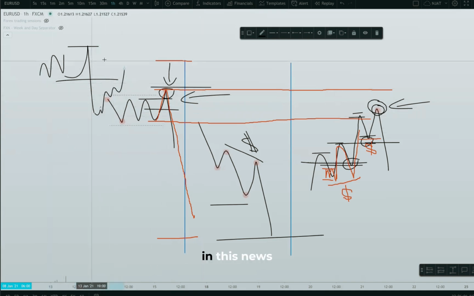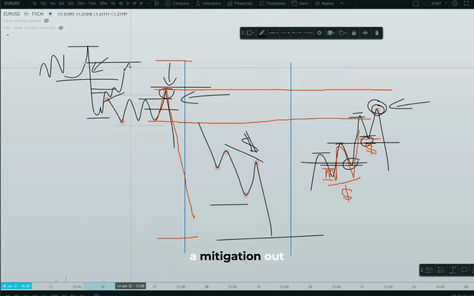We understand that in this move down, we created cause to support higher prices. This is where we see the market reacting from, creating cause, right? Supporting higher prices for that mitigation. We see a mitigation out of BFI losses, and them now initiating that next phase of the move, which is that continuation,